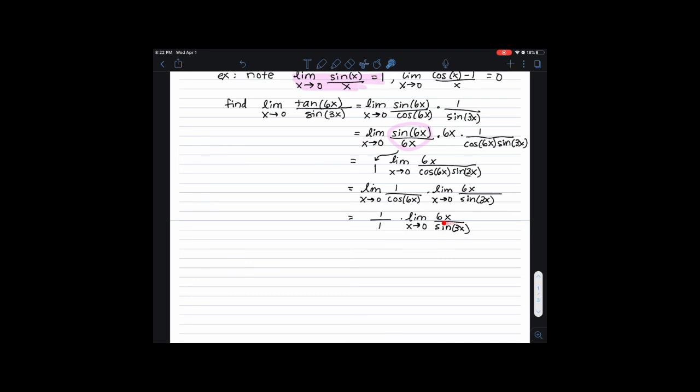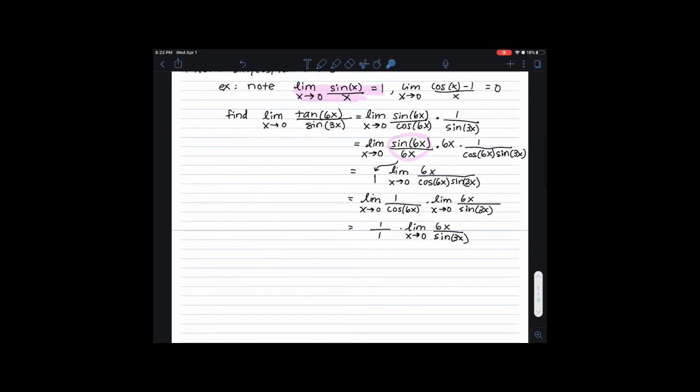Now if you note, we have another sine of x and an x fraction, which should match up again with the equation we were given at the beginning. So if I go ahead here and rewrite this a little bit, it'll be a little bit nicer. So we can have the limit as x goes to 0 of 2 times 3x over sine of 3x, right? And you might say, well, this is a flipped version of the equation we were given, but we can actually deal with that because this is equal to the limit